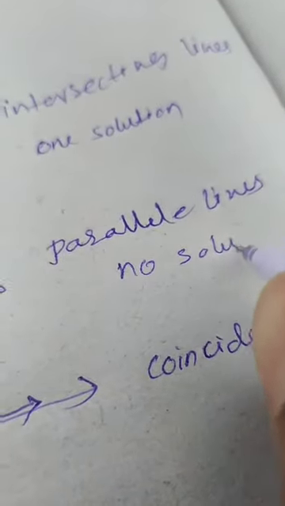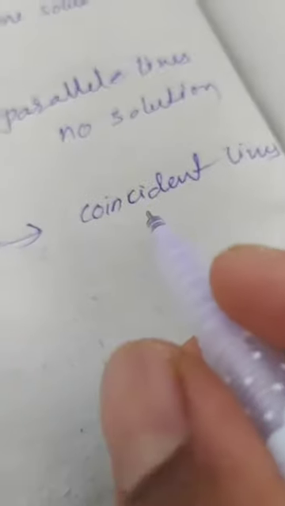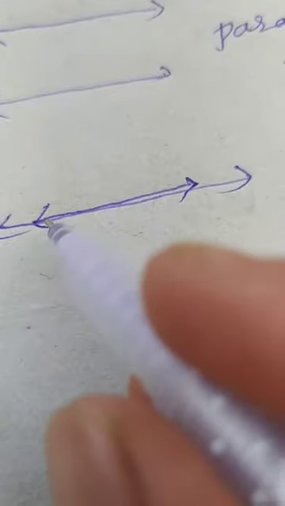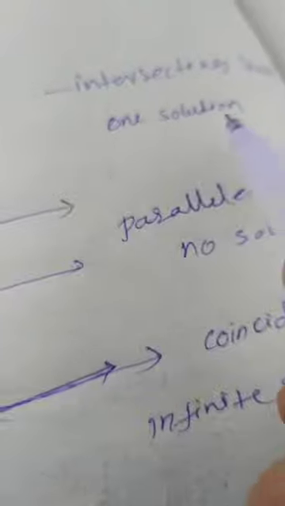One solution. And in this case, they are not intersecting, so they have no solution. No solution. Okay. In this case, lines are coincident. At that time, where they are intersecting, two lines are intersecting everywhere. That means how many solutions? Undefined. That means infinite solutions. Infinite solutions exist. Okay. Three cases: intersecting lines, one solution; parallel lines, no solution; and coincident lines, infinite solutions.